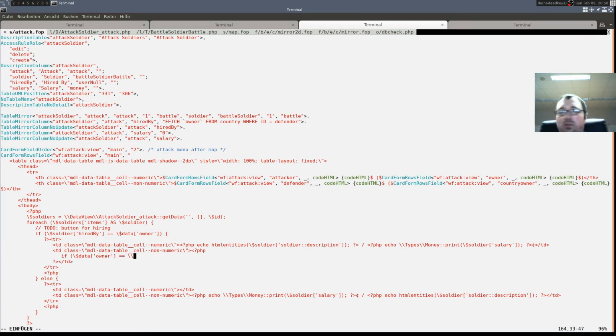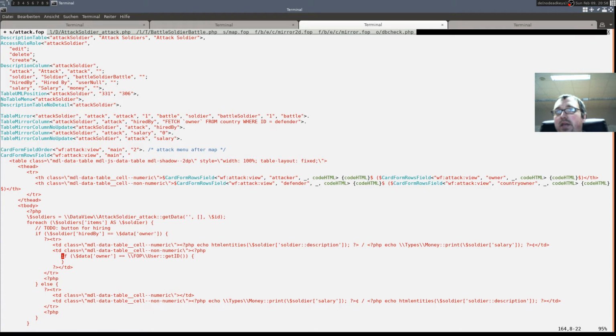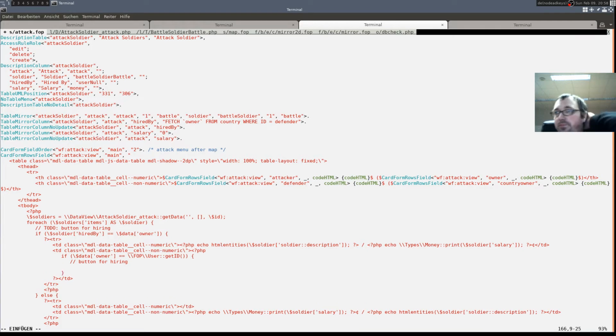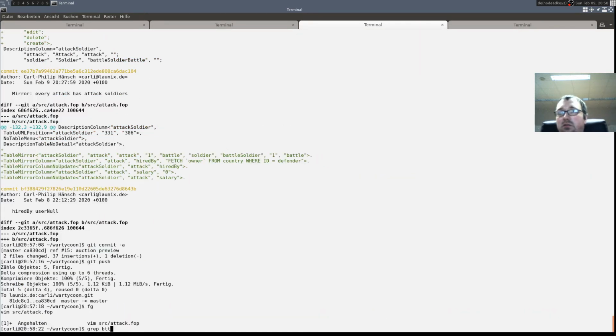If data owner is user get ID, then button for hiring, insert a button like button